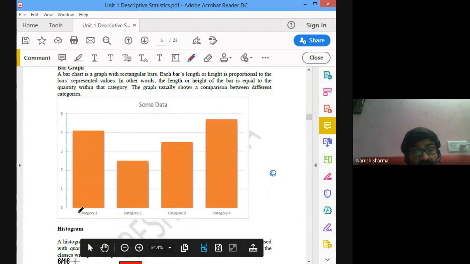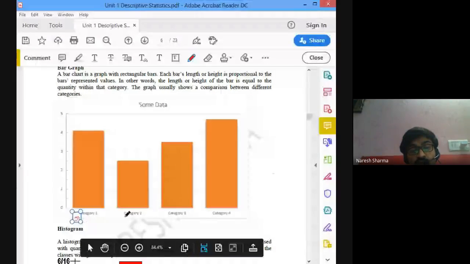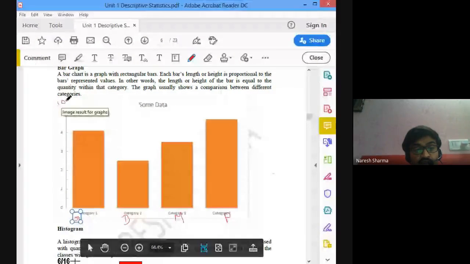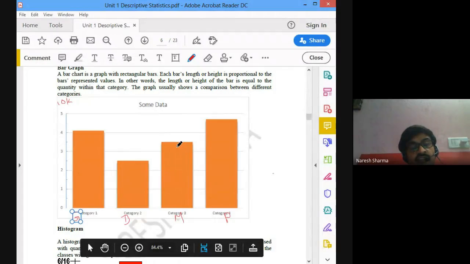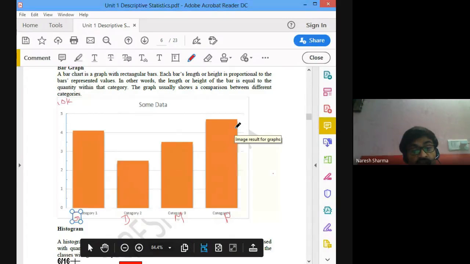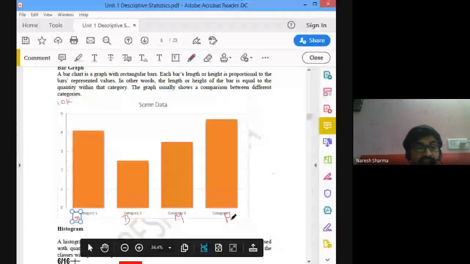So we may say this is Gurgaon city, this is Delhi, this is Mumbai, this is Pune, and the values may be in 10,000 form, right? These are in 10K form. So these heights show 40,000 in Gurgaon, 25 in Delhi. These are random, I am just taking them. 35,000 in Mumbai, and similarly 45,000 in Pune. So we have one graph that is called the bar graph.